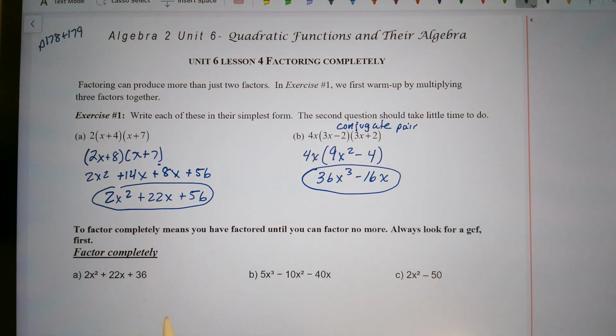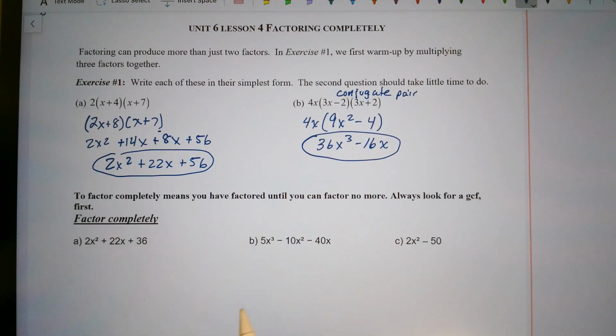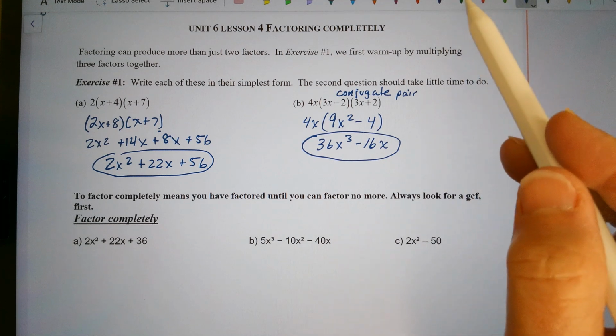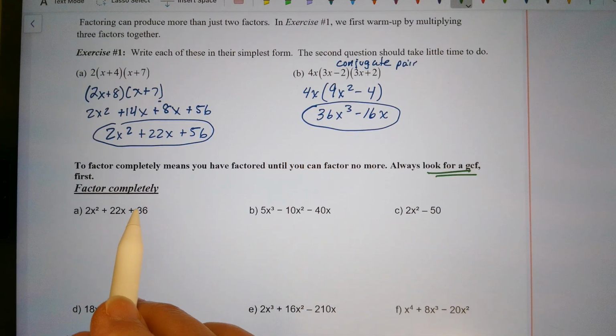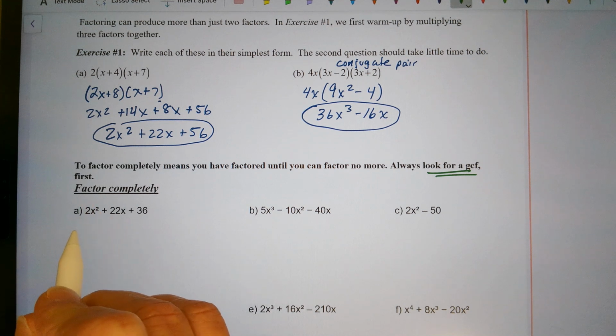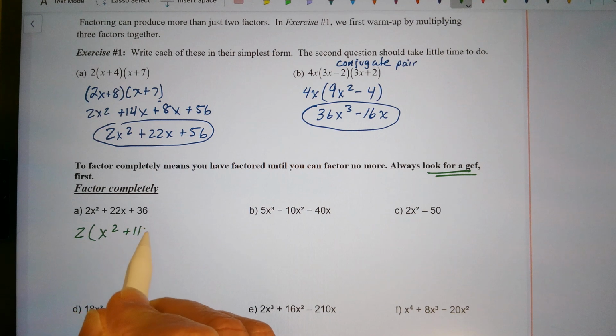So now we're practicing factoring completely. To factor completely means you have factored until you can factor no more. Always when we're factoring, you always look for greatest common factor first. So factoring completely, there's a GCF here to these three terms. It is 2. Taking out 2, we get x squared plus 11x plus